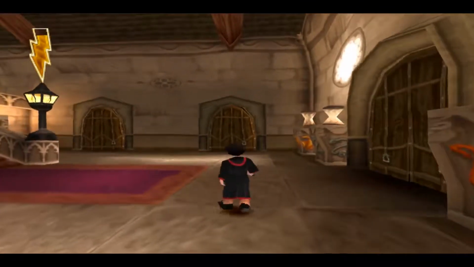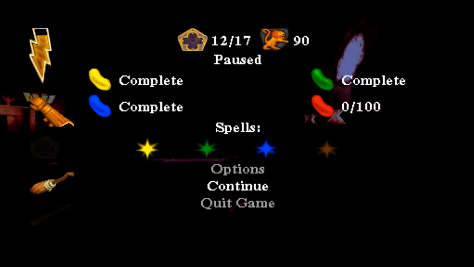Now, before I move on, how many things have I got? Okay, so the yellow, green and blue spells are lit up because those are the ones we've got. And then we've got all of the beans complete, apart from the red one, which is what we're about to start off in a couple of moments. We have 90 house points currently, although it doesn't really matter because getting the house points in this game is quite trivial. And we've got 12 out of 17